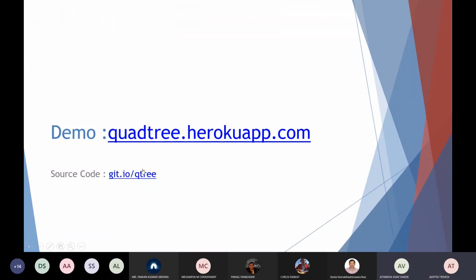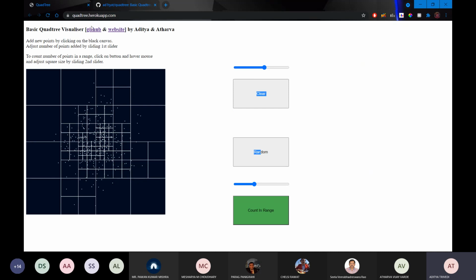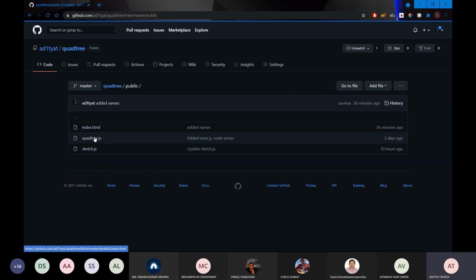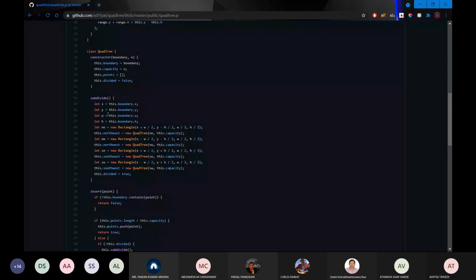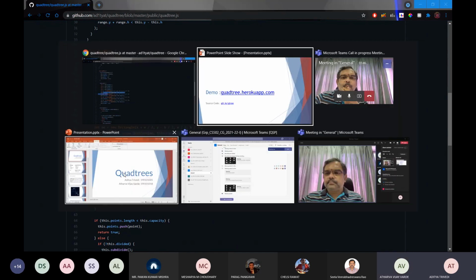There is even the source code if anyone wants to see. I'll just show the source code of the quadtree. So it basically has the boundaries, from which top left point to which bottom right point, and it has the capacity. As I said, it stores 4 points and then it breaks into children. So here n is the capacity. This dot point stores the points in it, and this dot divided is initially false. The moment there are more than capacity points, this becomes true, and we recursively subdivide into 4 children, and we call them northeast, northwest, southeast, and southwest.